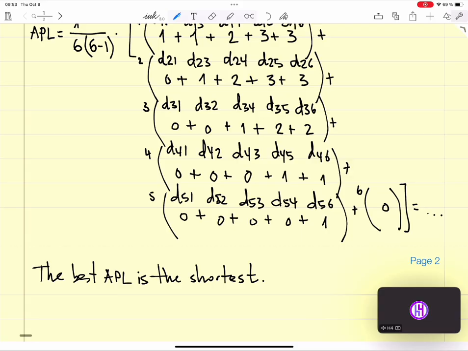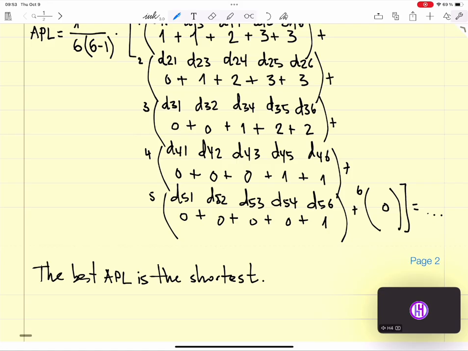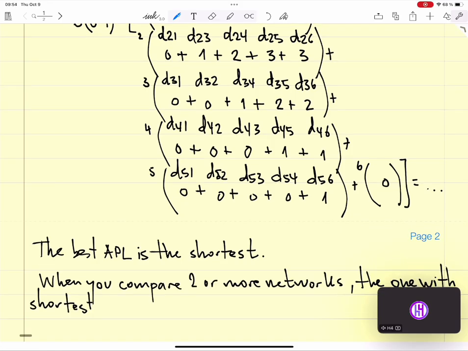So when you compare two or more networks, the one with the shortest average path length